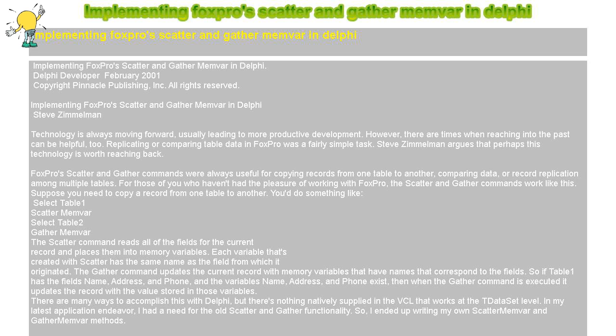constructor TMemvar.Create(Dataset: TDataSet); begin FFlds := nil; FDataset := Dataset; if FDataset = nil then begin raise Exception.Create('Dataset cannot be nil'); end; if FScatterList = nil then FScatterList := TList.Create; FScatterList.Add(Self); LoadFieldData; end